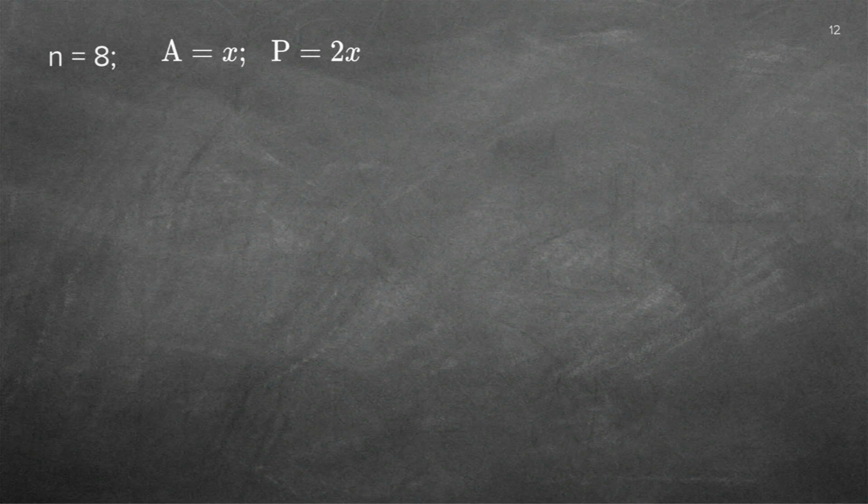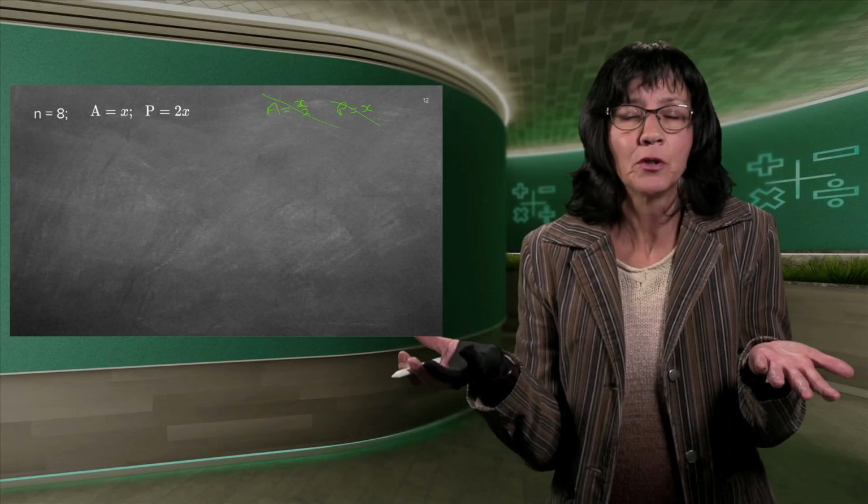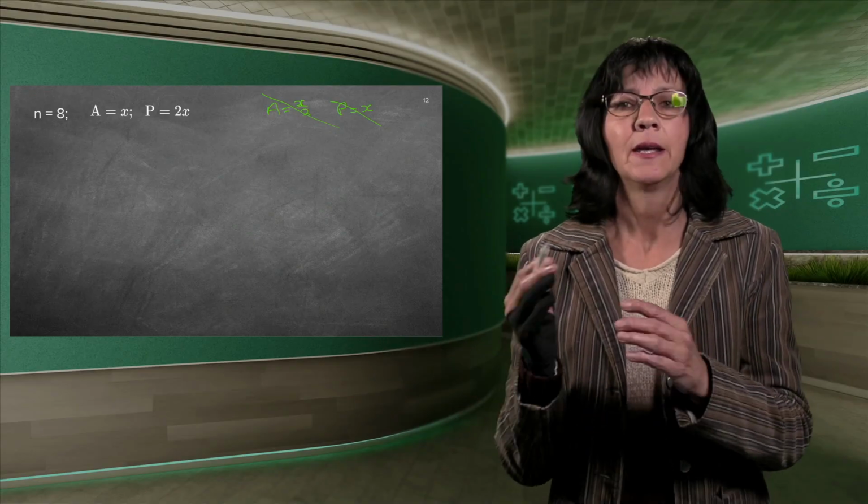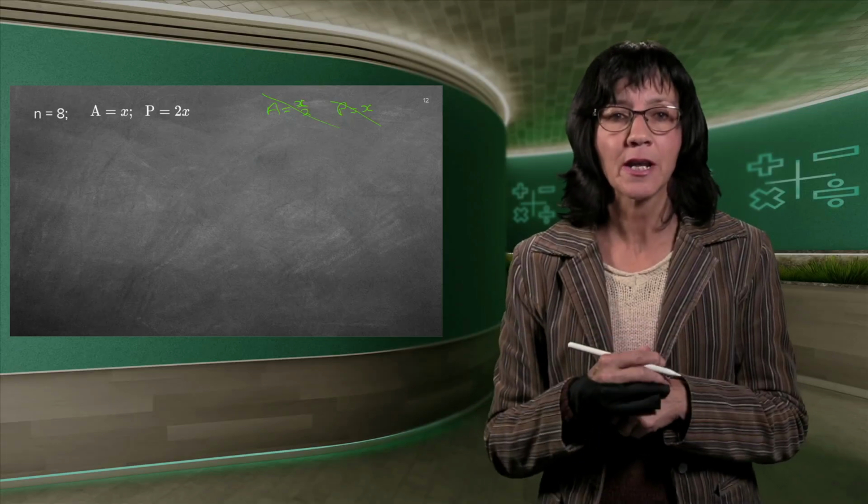Now, I do not like halves. So that's why I could have said A is a half X, or X over 2. I prefer to write it like that. And P is just X. But can you see then I work with fractions? So I do not like that at all. So I'd rather make my end amount X and my beginning amount 2X, because remember, if I don't have amounts, I just put X in there. That's what we always do in maths. And I'd rather put then my beginning amount as 2X.